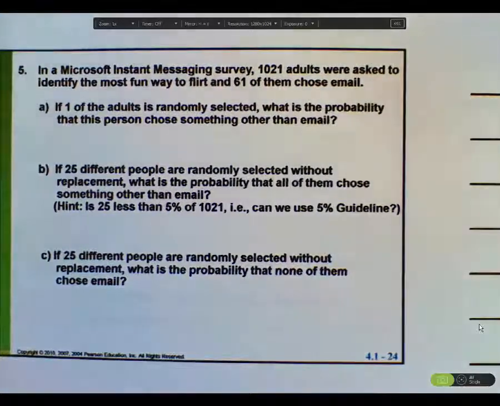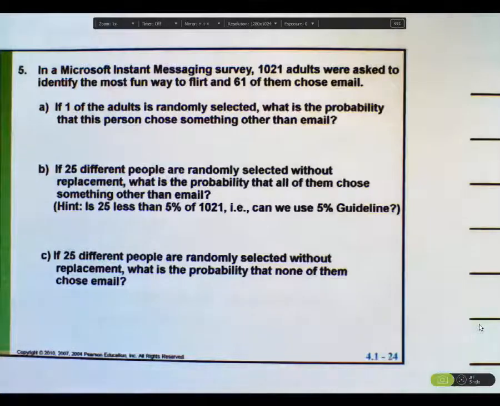Okay, let's finish up our 4.4 and 4.5 examples. I think the last one we did was example 4, and so here's example 5. In a Microsoft Instant Messaging survey, 1,021 adults were asked to identify the most fun way to flirt, and 61 of them chose email. The A part asks, what's the probability that one randomly drawn person chose something other than